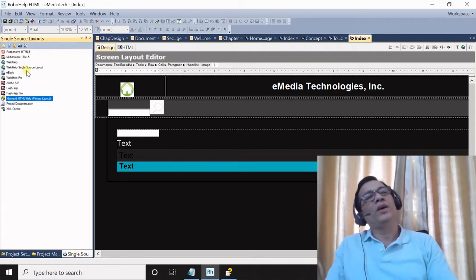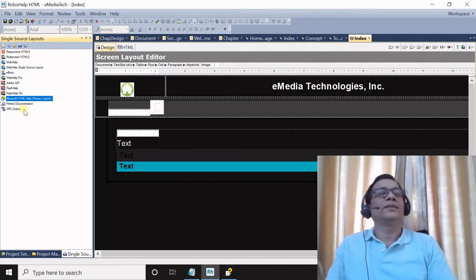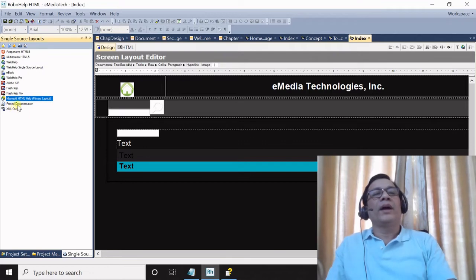Under single source layouts, you will have all the help outputs listed here, beginning from responsive HTML5, multi-screen HTML5, web help single source layout, ebook, web help pro, Adobe Air, flash help pro, Microsoft HTML help, and printed documentation, and then XML outputs.